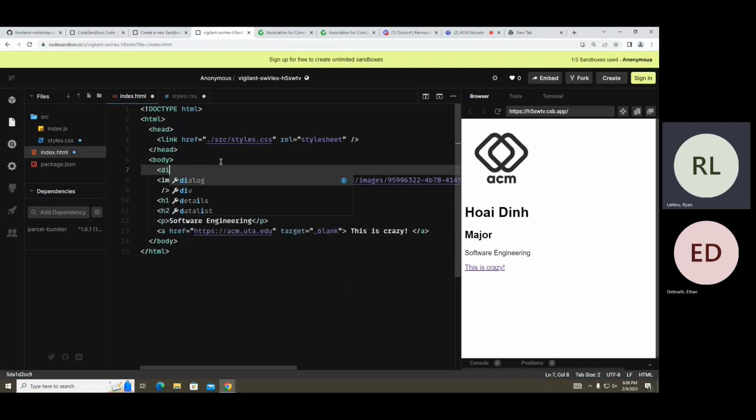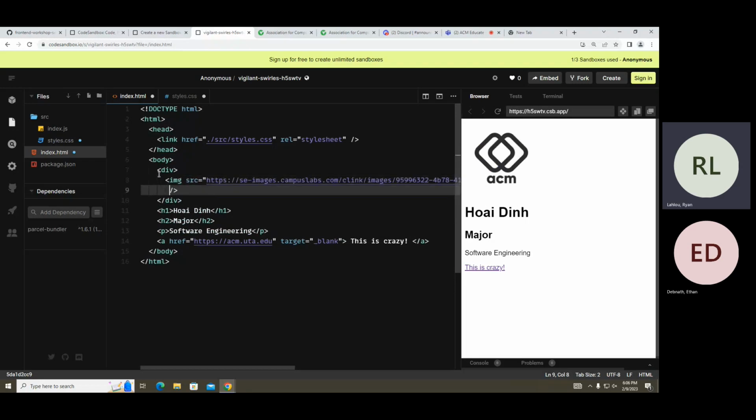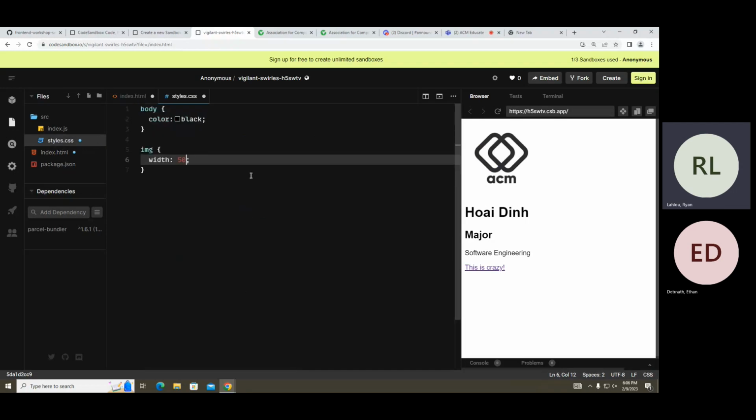So if we wrap this in a div real quickly, let's give the div a class name, let's just name it PFP. So div, and then we're going to do class equal PFP. If we give it something and we wrap it around it, and if we go back to styles.css,